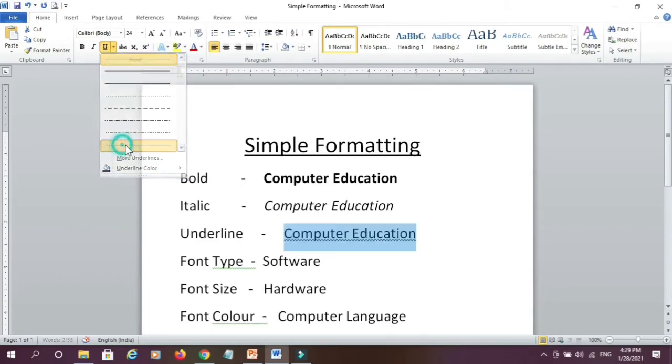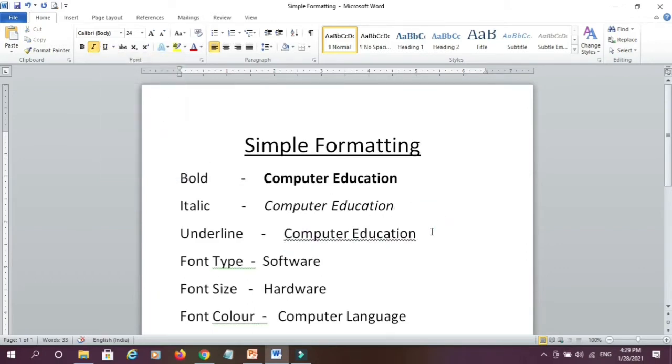So I can select any one of the lines and underline my text in that particular way. Similarly, I can make my text bold, italic and underline at the same time. I just click on italic, I just click on bold. So my text becomes bold, italic as well as underline.